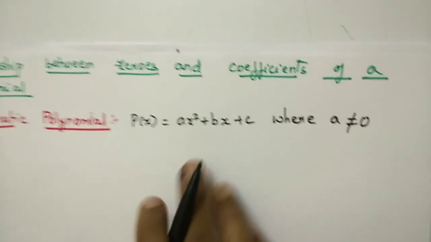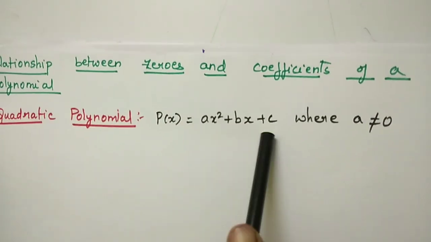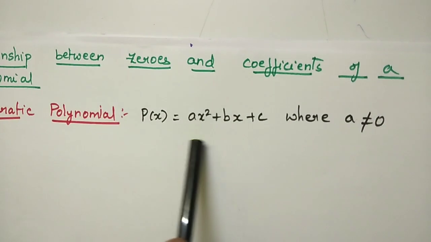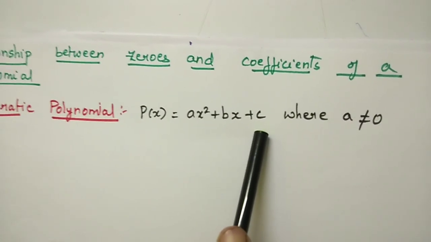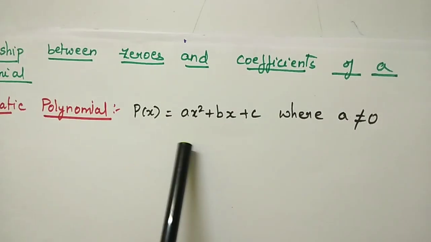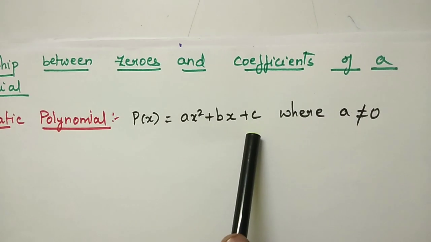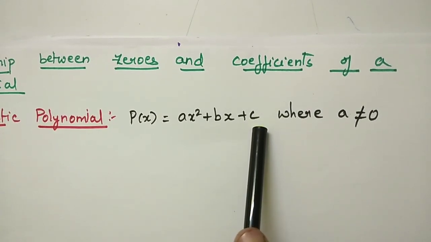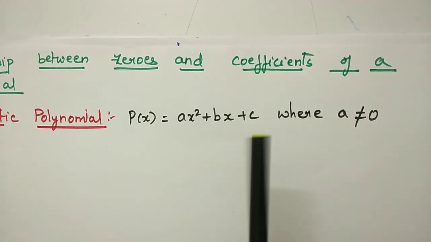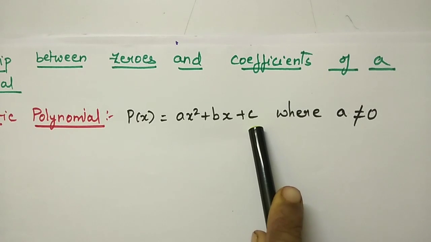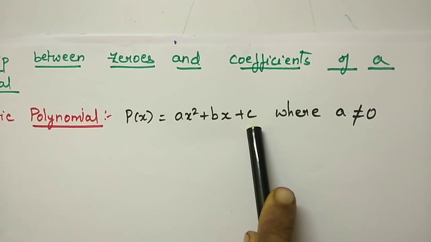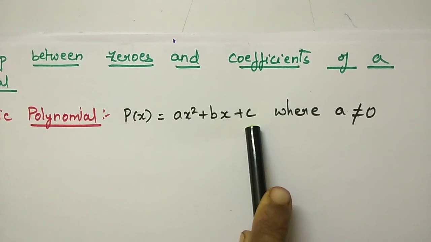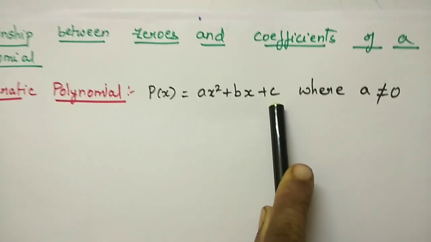Before finding the relationship between zeros and coefficients of this polynomial, we have to find the factors of this algebraic expression. Finding the factors of this quadratic expression depends on the constant term c. That is, we have to check whether this constant term can be expressed as a square of any number, and in the second case, whether the constant term c cannot be expressed as a square of any number.